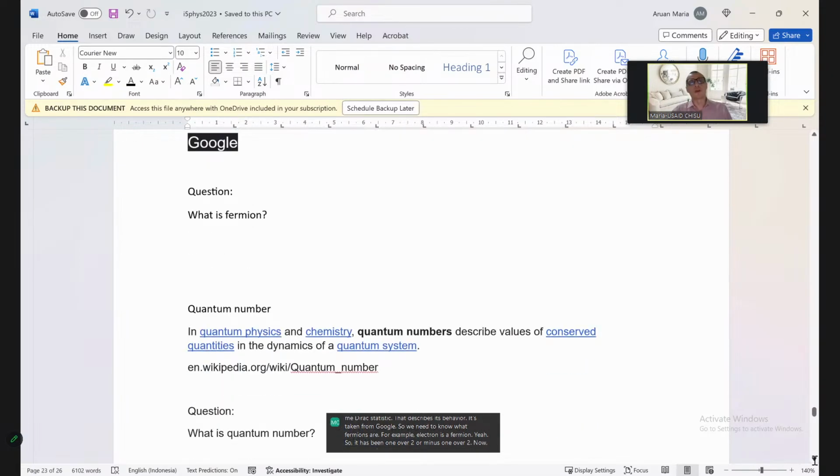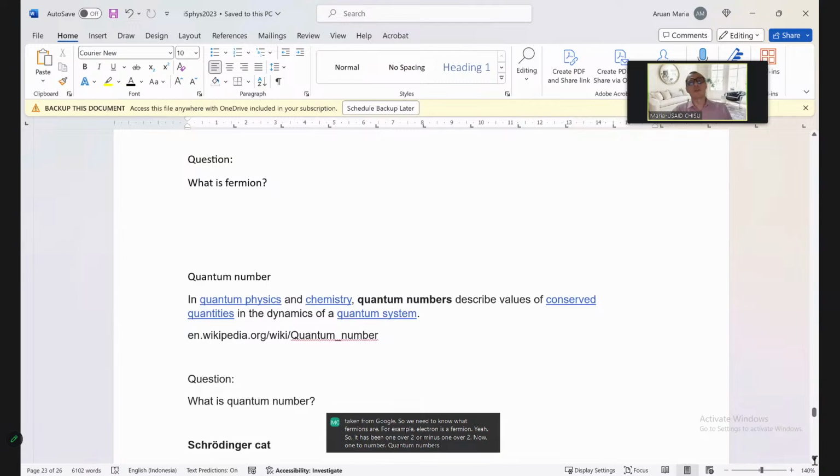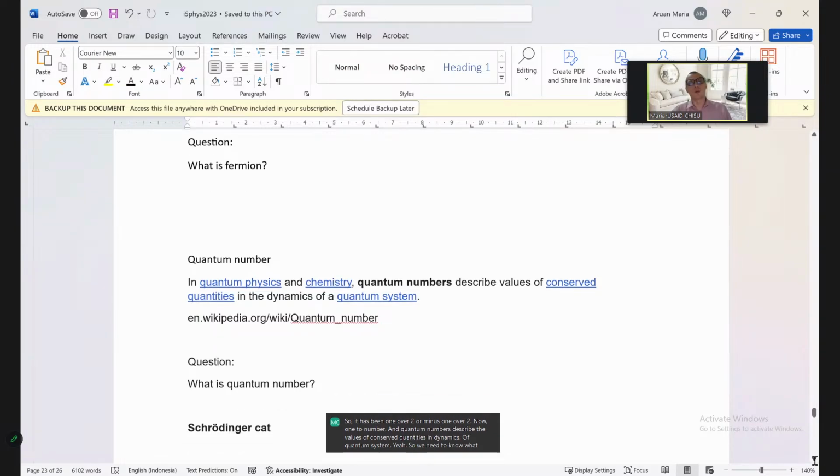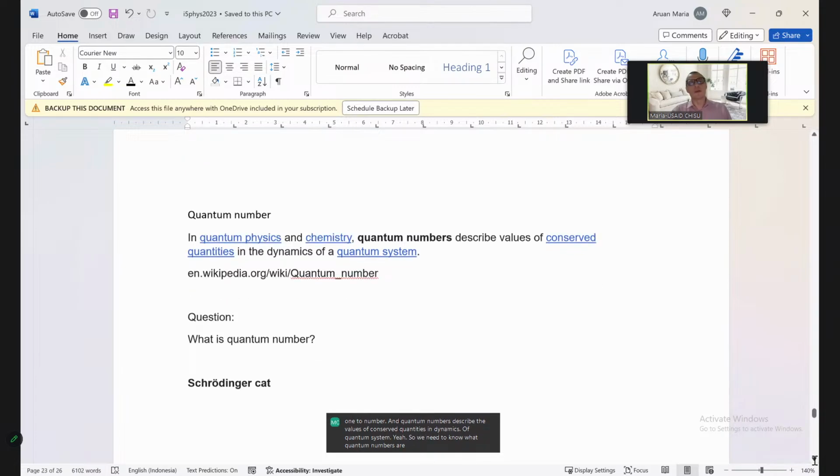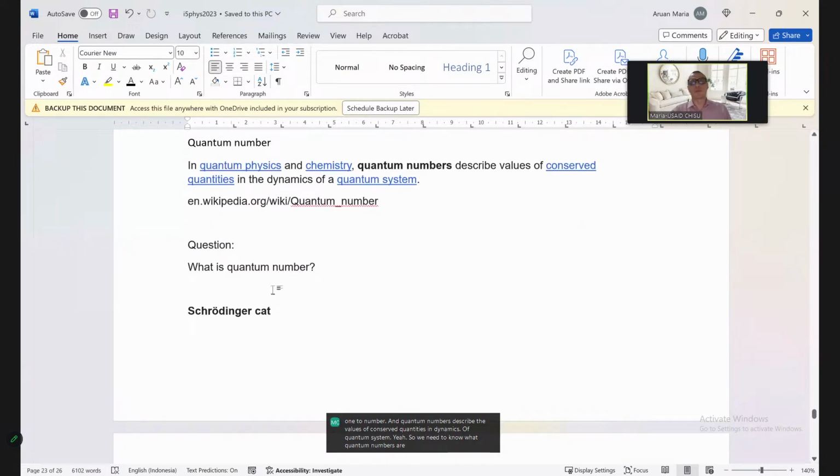Quantum numbers describe the values of conserved quantities in the dynamics of a quantum system. So we need to know what quantum numbers are. And then another important